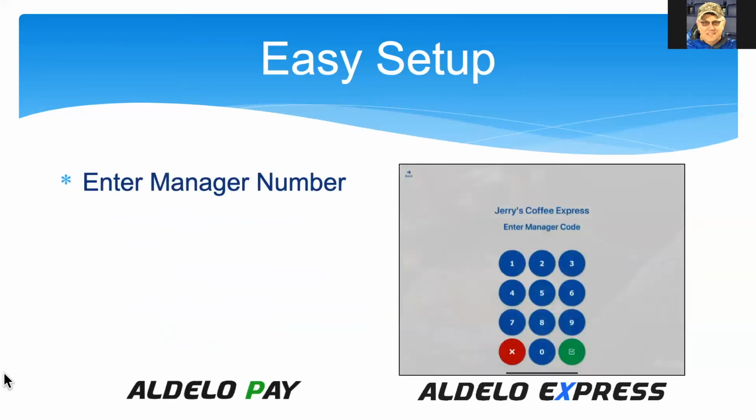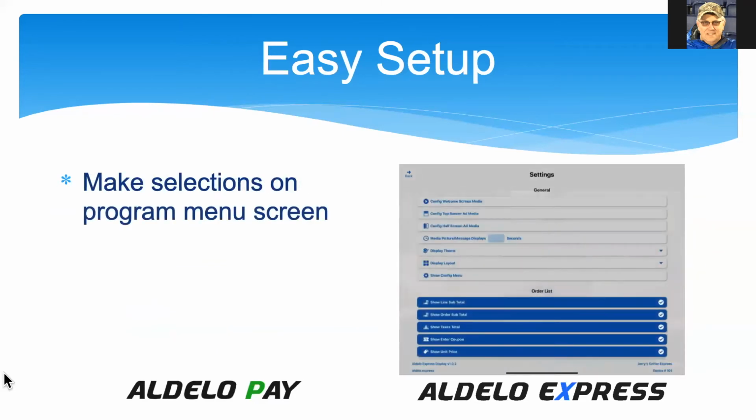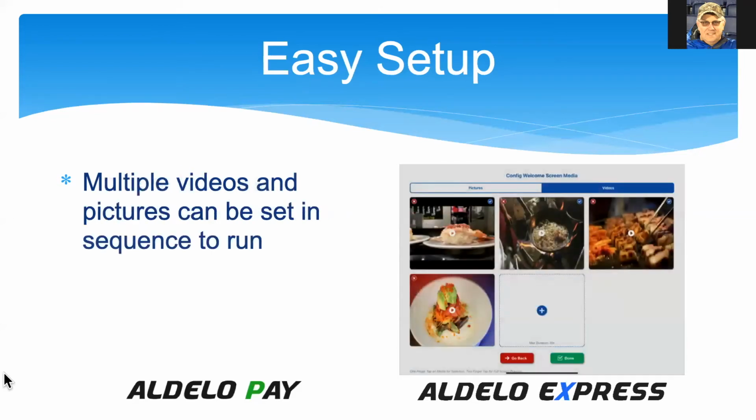Once you have done that, enter the manager number, and you're then able to access the program screen. Now, I know this is an eye test on this particular screen, but the functions and the setup are very easy to do. You just simply pick from the menu here, and you can choose a lot of different features. The basic color, background colors, the side border colors, and as well as the videos and items that are